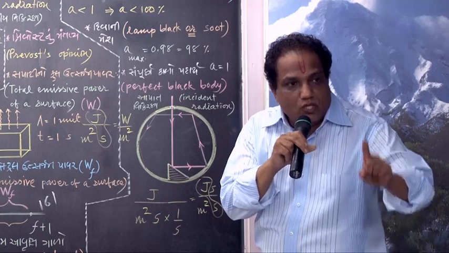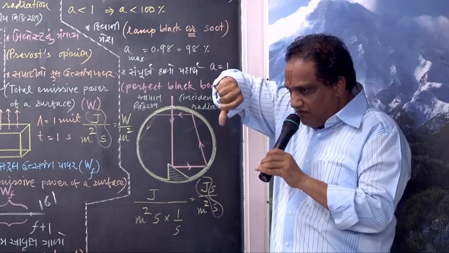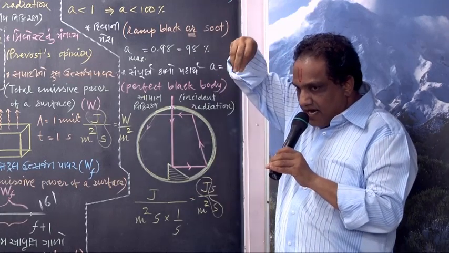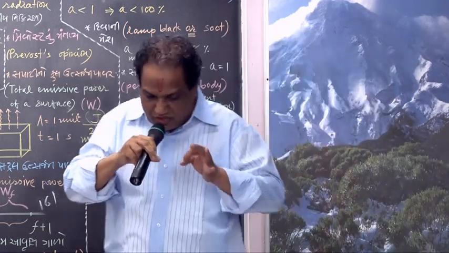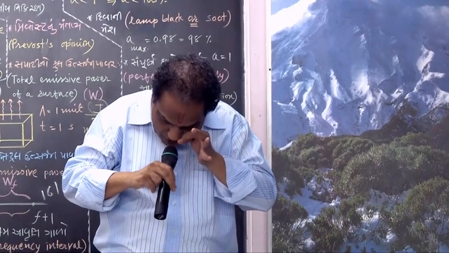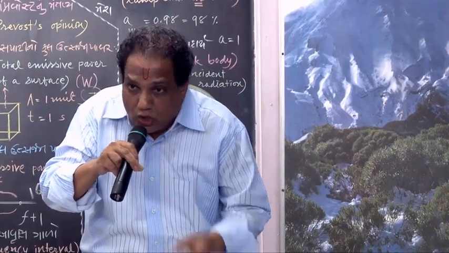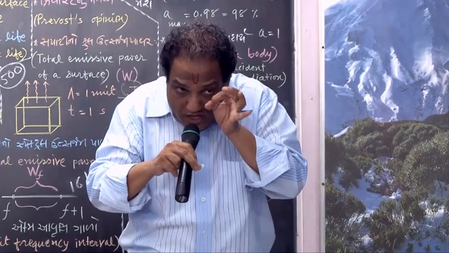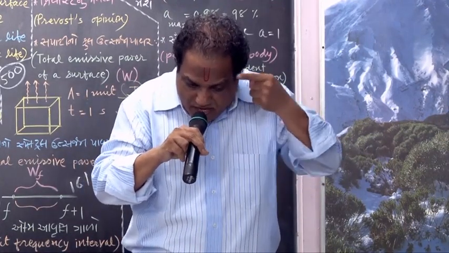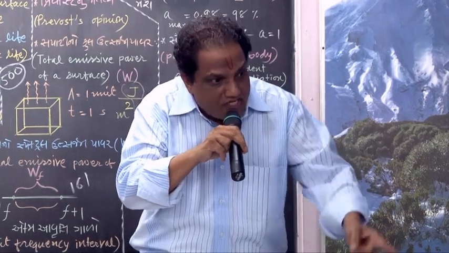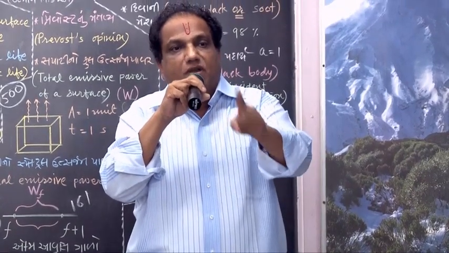Why? Take it in a dark room, and on this hole you just hold one torch. Switch it on. Let the light enter. Switch the torch off, and you try to stare at that hole. Actually, what will happen? Whatever light energy you have made incident, it will be getting completely absorbed. No light is going to come out. So through that hole, because no light is coming out, light will not enter the observer's eye. So the observer cannot see anything. When he cannot see anything, there is total darkness. That is why it is called a perfect black body.